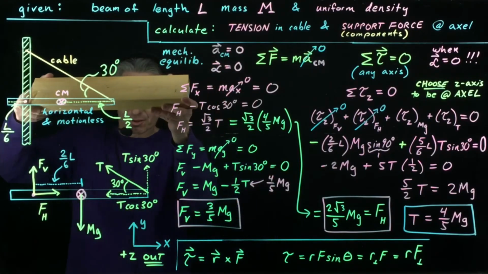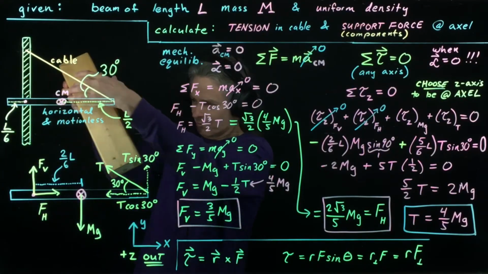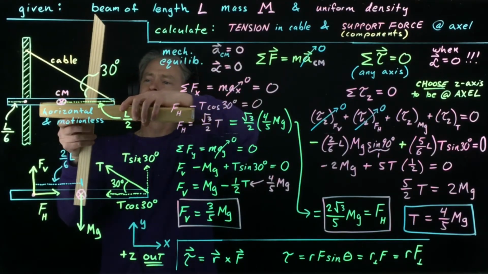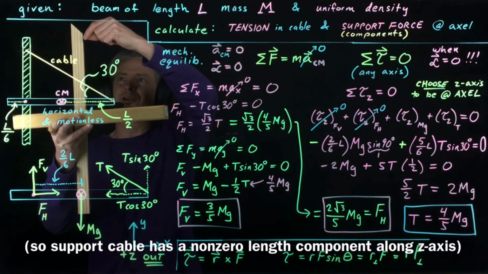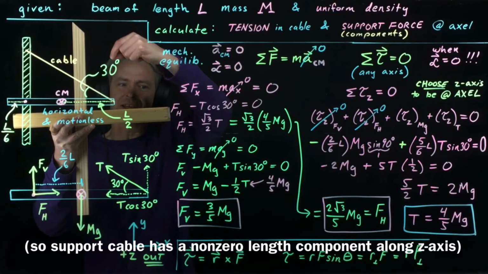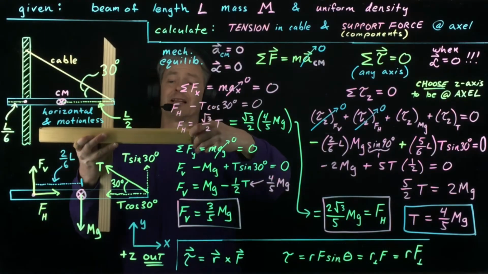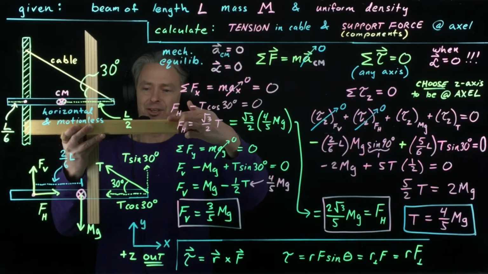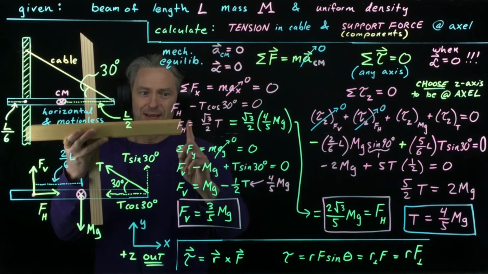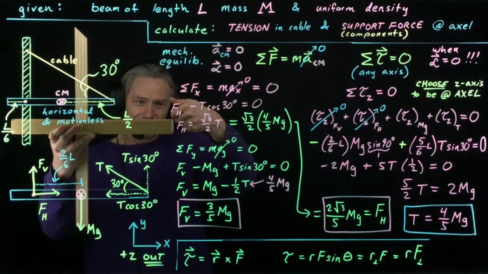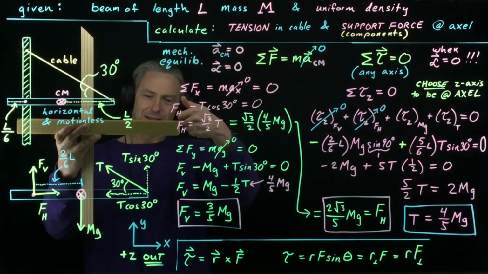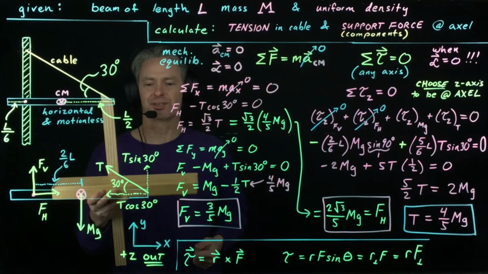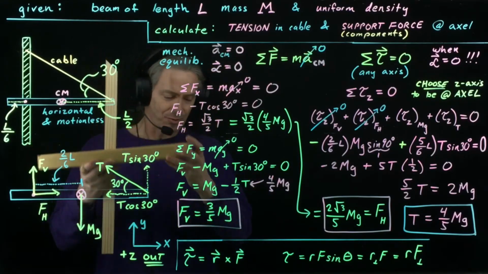However, imagine this beam with some non-negligible thickness is supported over here. And imagine that the support cable comes from here and comes down over to here. Now we've got a lot of interesting things going on. This tension has a component this way, and this way, and this way. Would have it in something along the negative z direction on this coordinate system. All right, so in situations like that,